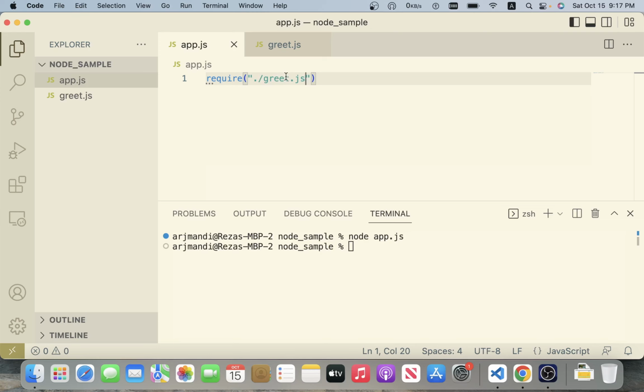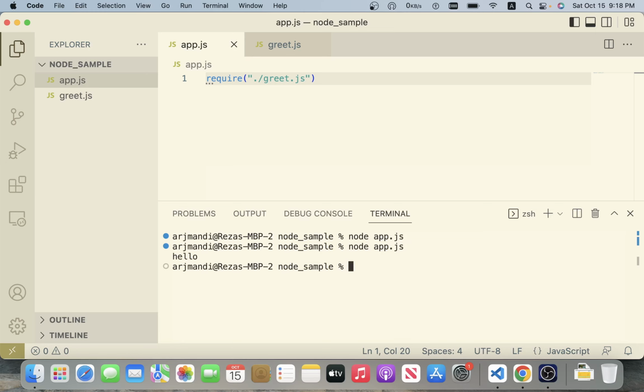And then I look for greet.js, and that's it. Let's start there. So I've invoked the require function, and I've given it a string telling it the name of the file where my module lives. So let's try this again here, node